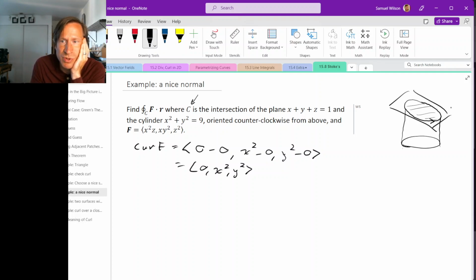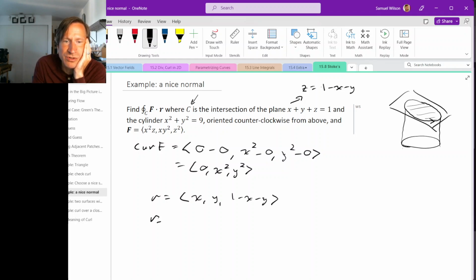Now we need to parameterize this surface. So we can use the graph parameterization, I guess. So we can write this as z equals 1 minus x minus y. And then our parameterization is just x, y, 1 minus x minus y. As usual, for the graph parameterization,